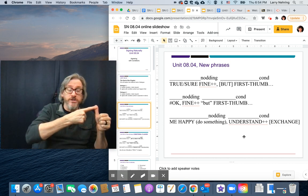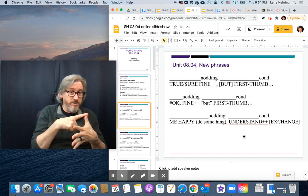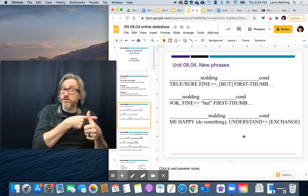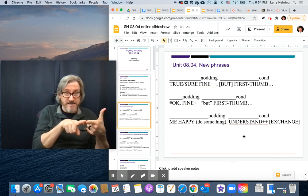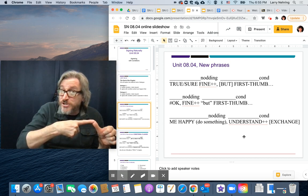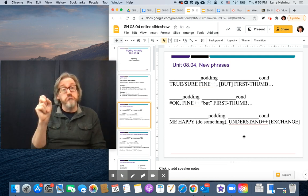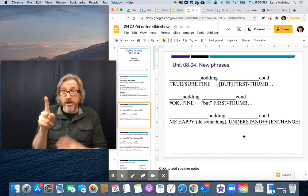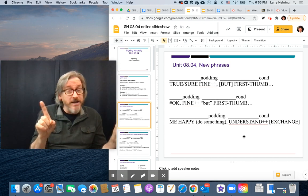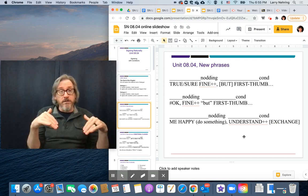And then first. We've done lists, right? First, second, third, fourth, always starts with the thumb. So if you just do the thumb, it means, but first I got to do this, implying that this is now fulfilling the request. But first, and then dot, dot, dot, I need to do something else. You can also say, okay, and you can repeat that or just do it once. Okay, but, and again, but or but first. But first, then...